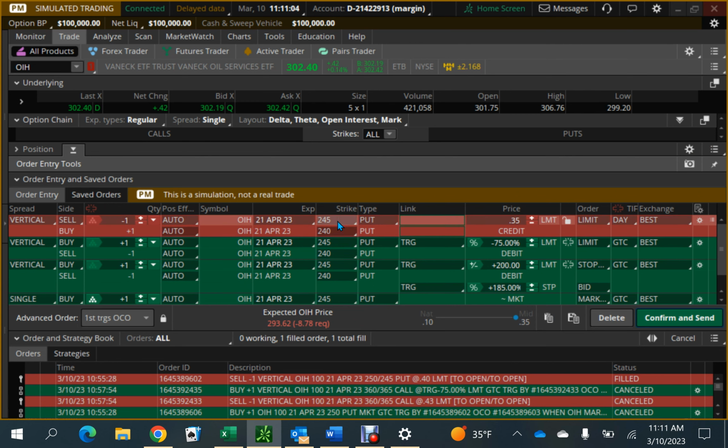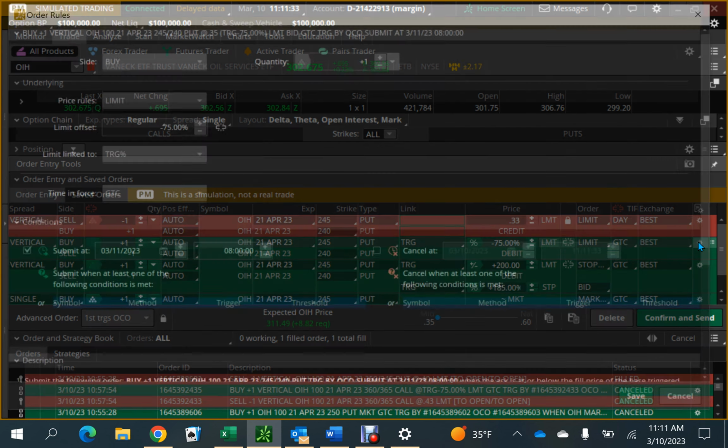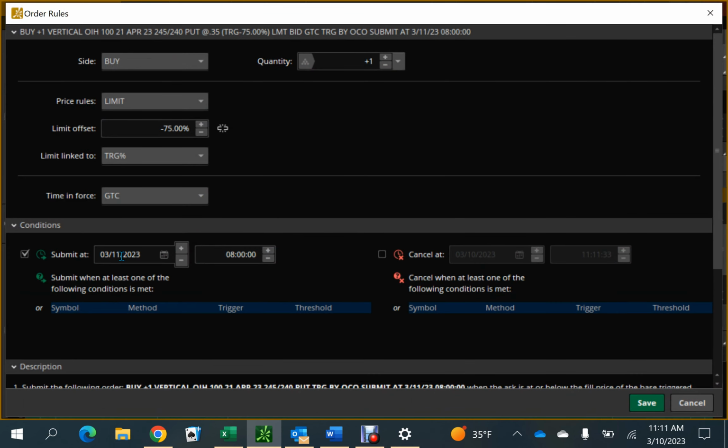In this case, we've got 245, 240. I usually drop this down a penny or two to facilitate getting filled. All of these are right. This is your profit capture. This is your stop limit. And this one down here is your in the money protection. More on that another time. These two, this one needs to be configured so that it